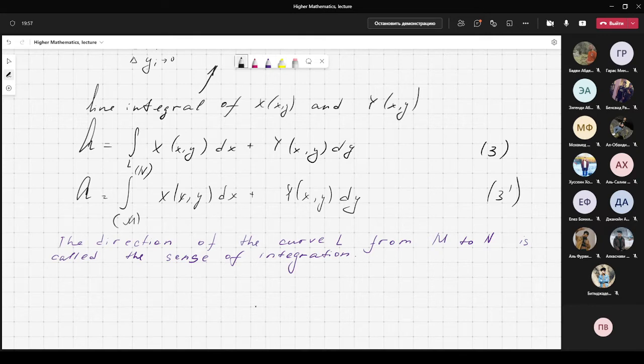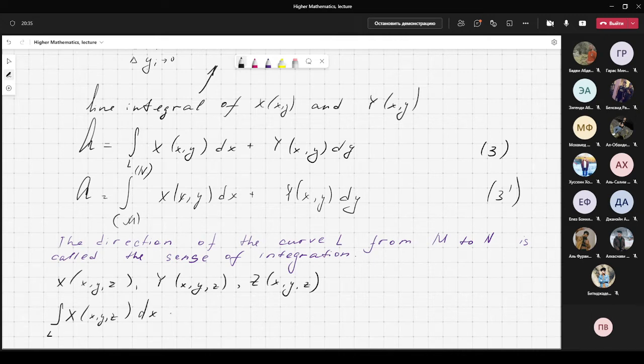If the curve L is a space curve, then the line integral of three functions X of x, y, z, Y of x, y, z, and Z of x, y, z is defined similarly: integral over L of X of x, y, z dx plus Y of x, y, z dy plus Z of x, y, z dz equals